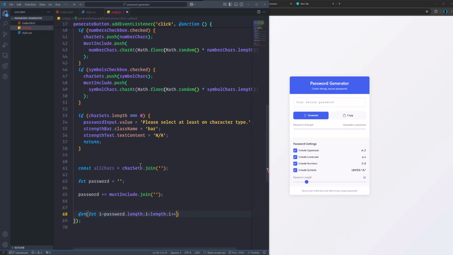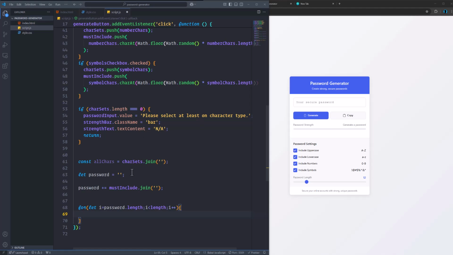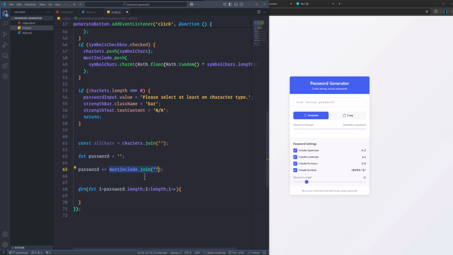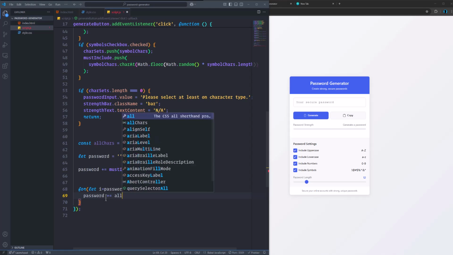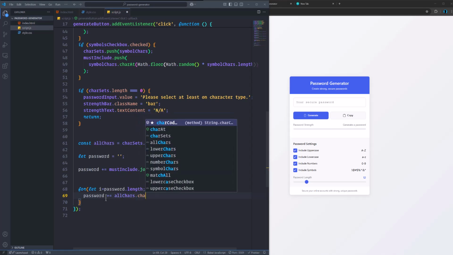Length and i plus plus. The password starts at 4 if we select all of them, or 2 if we select 2. Based on this it will start, and then it will go till the length, which in this case we have selected 12, so it will go till 12. And now for each value we will read a random character from all characters. It is not a fixed character, we will read a random value. We say password equals whatever value was earlier there, then we add a random value from all characters. So we will get character at,